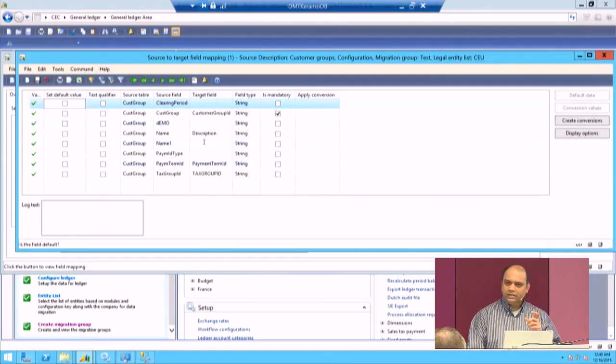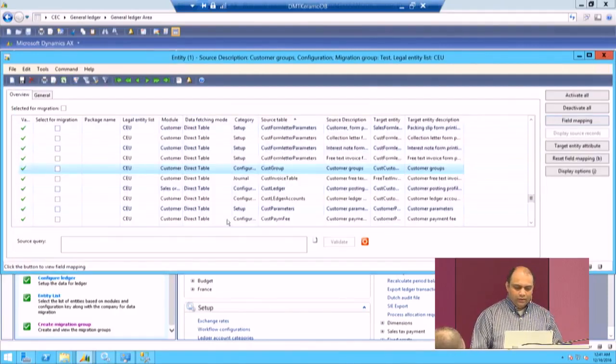Here again, tied to this individual set of field mappings, you have the ability to create a conversion. But this conversion is applicable for this instance of the migration, not to all the places where the EDT is applied. Because EDTs are common, or rather generic, if you want to differentiate the export options for each of those types of exports, then you can use this feature. So once you select those,